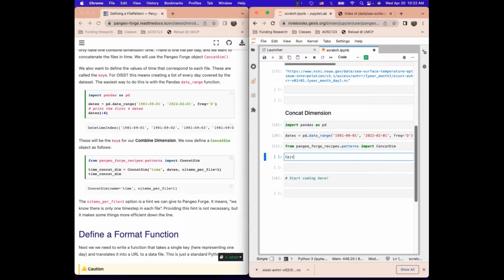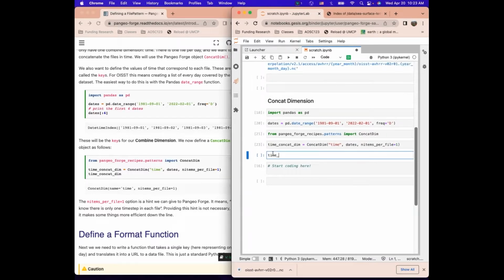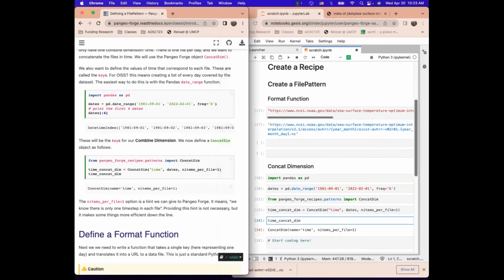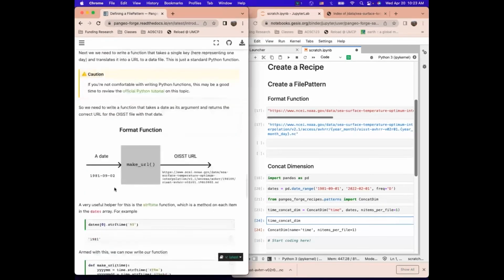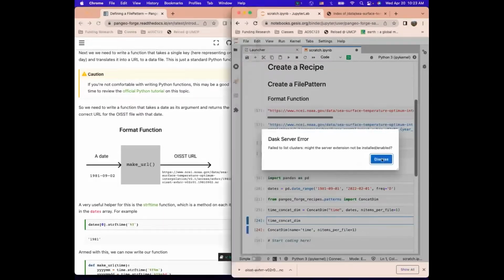So we'll say concat_time equals ConcatDim, time. We're going to use our dates, and nitems_per_file is 1. So this ConcatDim is a Pangeo Forge object. Okay, so we're halfway then to our file pattern in that step. The other half of the way to our file pattern is called the format function. That's the thing that will take our date and give us back